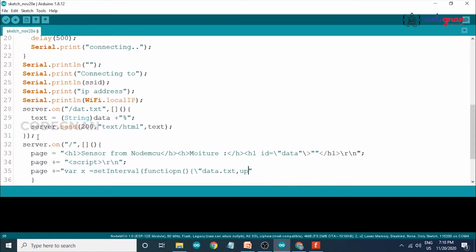That means our data is repeatedly updated without us pressing the refresh button.